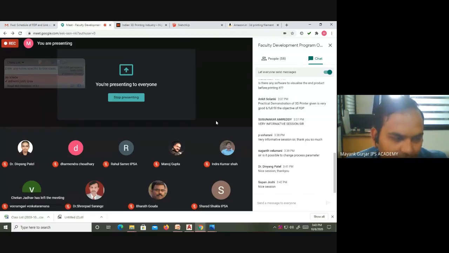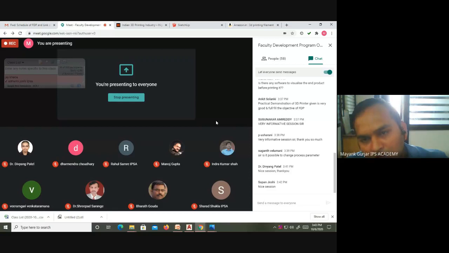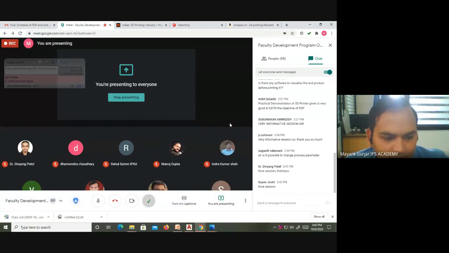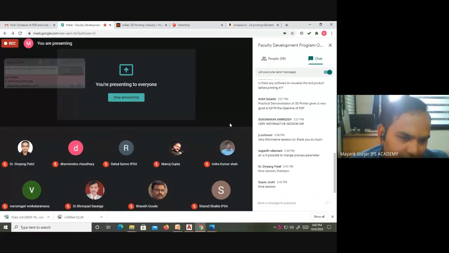If we have no software, we can do it with Google SketchUp. If we have software we can download, we go for AutoCAD. If you are interested in complex shapes and sizes, you can go for SolidWorks, Creo, and other CAD modeling software. And after that, step 2, which we covered in the last 3 sessions, is voxelizing it to make it ready for printing, and finally we printed and showed it to you just 5 to 10 minutes before. So this is all about day 1.